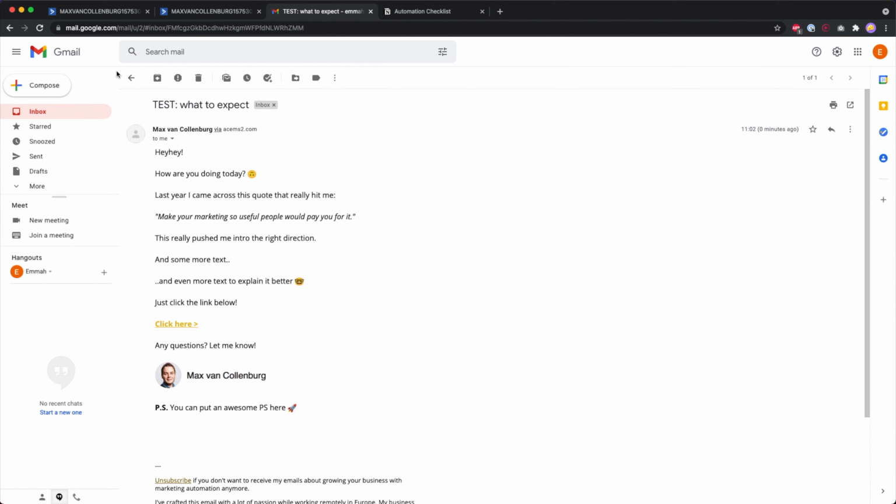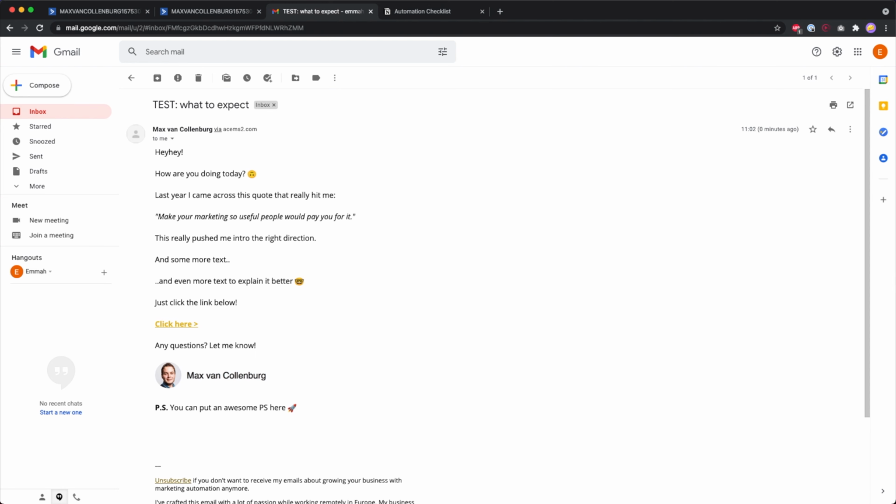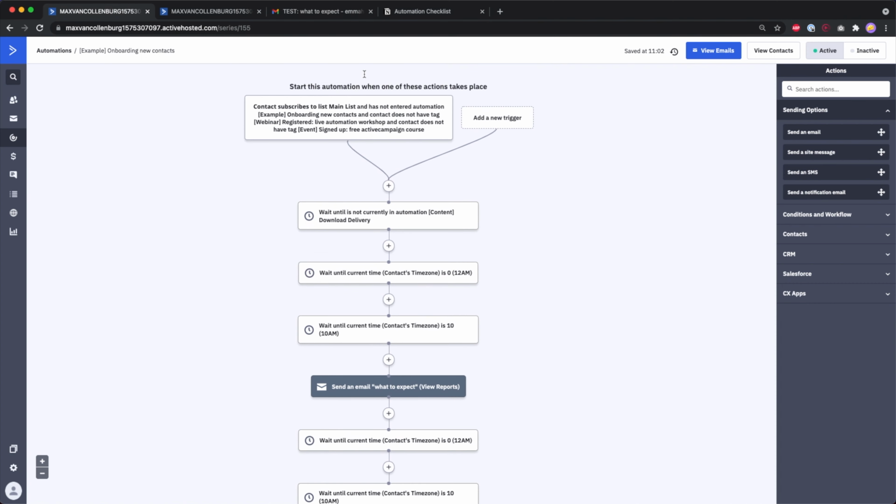So I made this emado@gmail.com email address so that I can actually see what it looks like inside someone's inbox. And then if you want, you can even put it on your phone and check what it looks like on mobile, right? So that's how I would do that. That's how we check the emails.